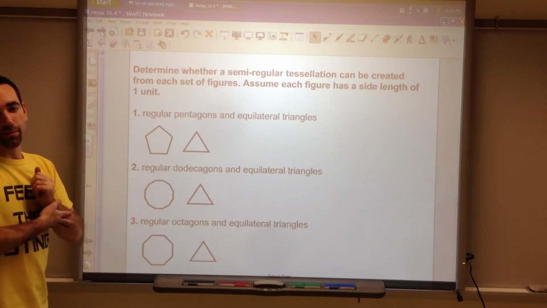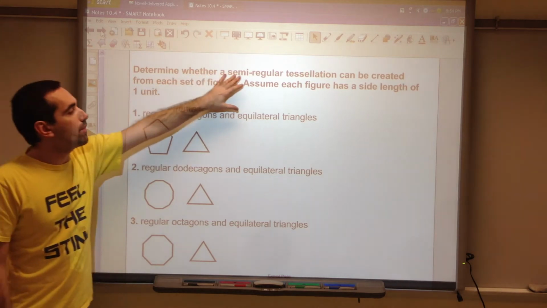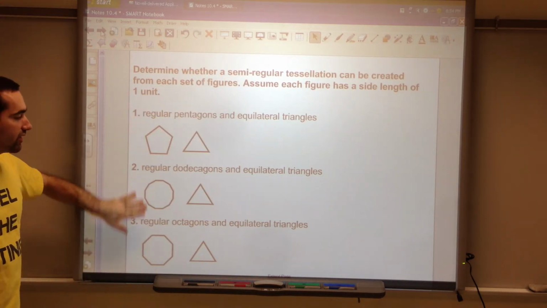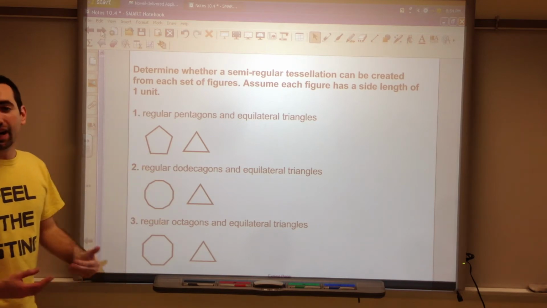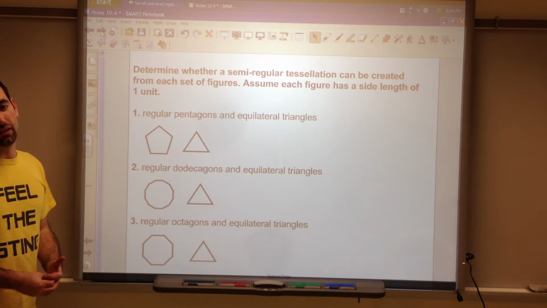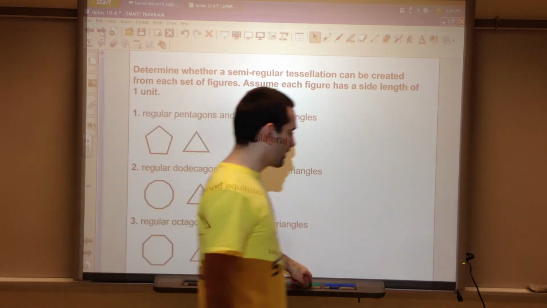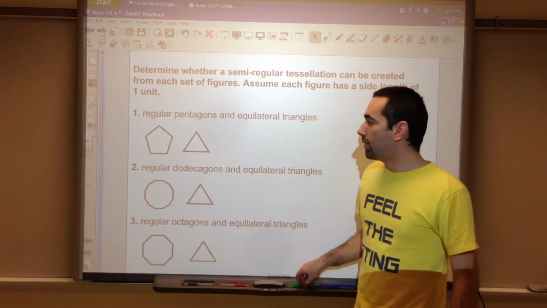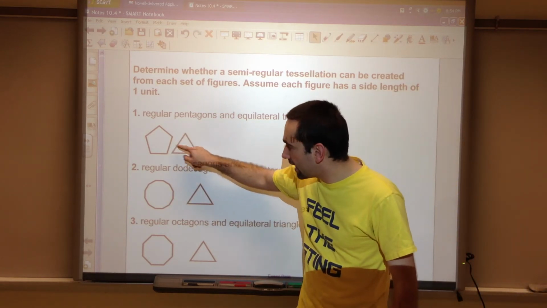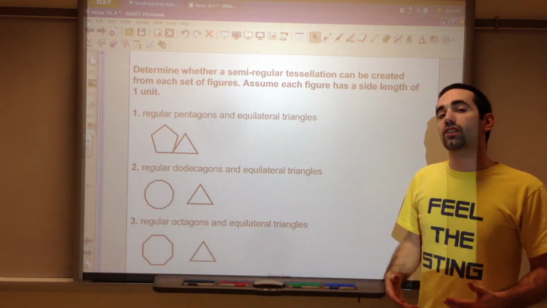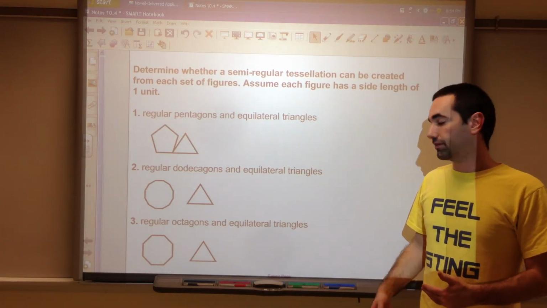So let's look at some examples. Can I make a semi-regular tessellation from each of these sets? Now these are all regular polygons. The way to determine if I can do this is not by trying to actually arrange it and be like, oh, does this fit here? Does that fit there? No,